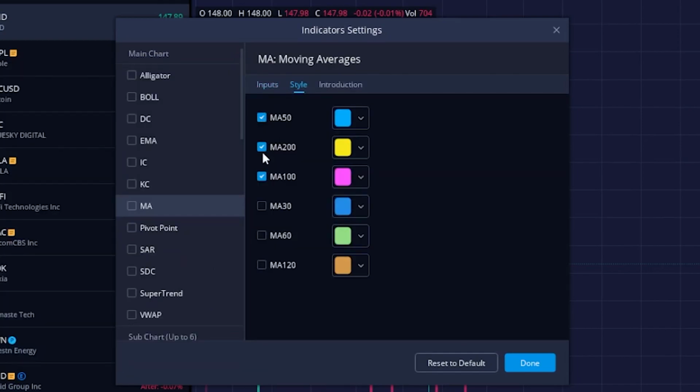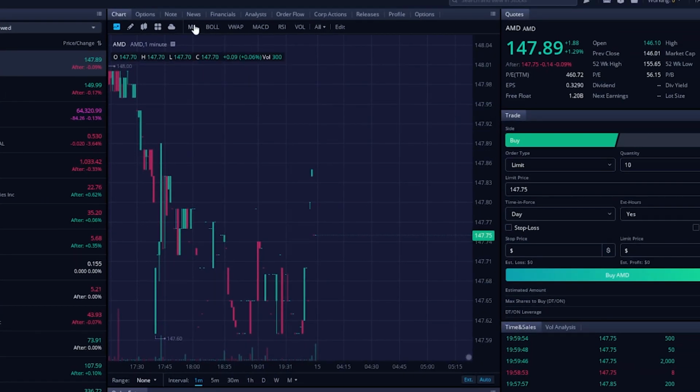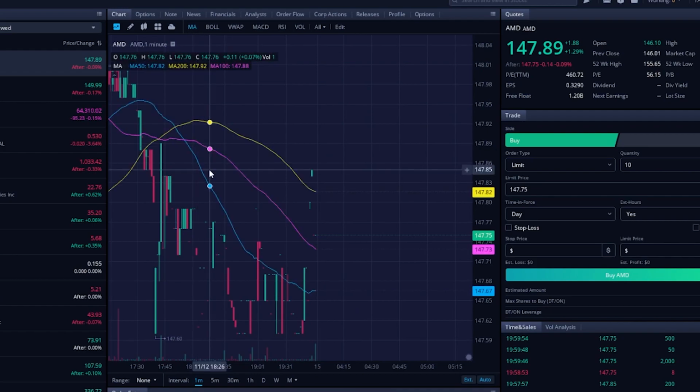Now that each one of these are selected, you can see they're all checkmarked. If I go ahead and hit done here, if I actually click on moving average up here in the top left, all three of those lines are going to be added. My 50, my 200, and my 100-period moving averages. Now, you can do the same thing to all of the studies that are available on Webull. You can tailor them, you can adjust their appearance, but all of that is going to be done under the